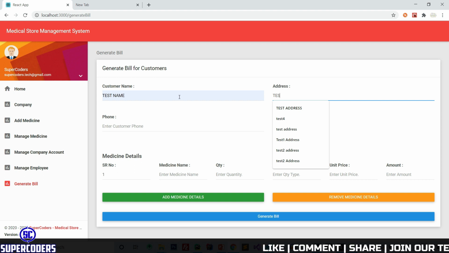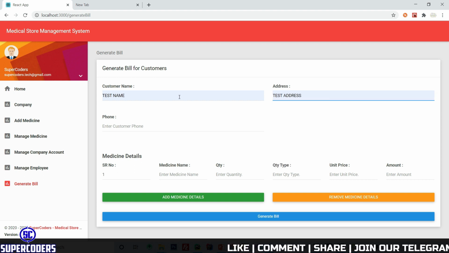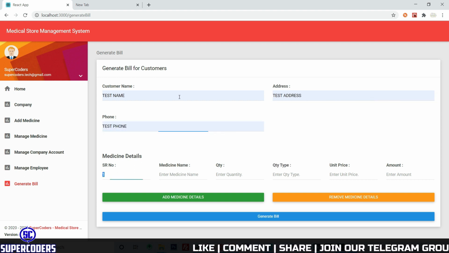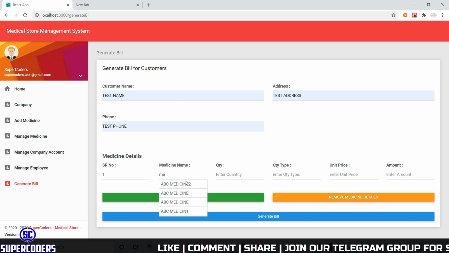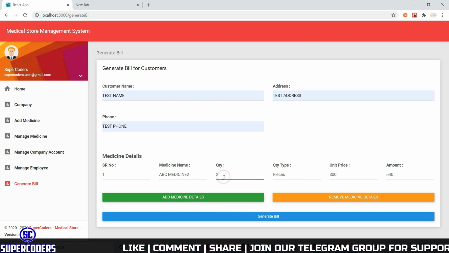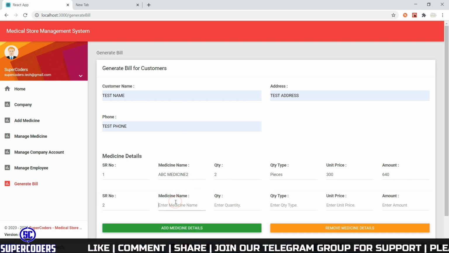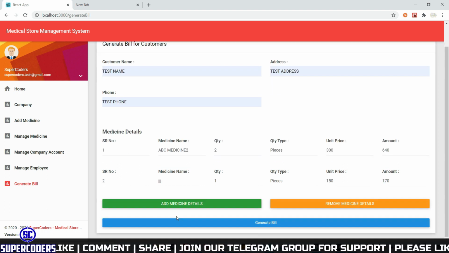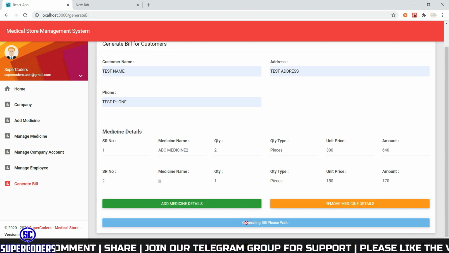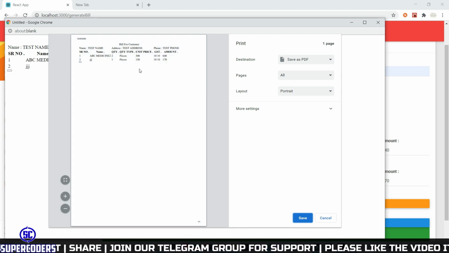Paste name, paste address, paste phone, medicine 2, quantity 2, JJ. Let's click on generate bill and you can see it is showing perfect, but let's add some border and some sizing.